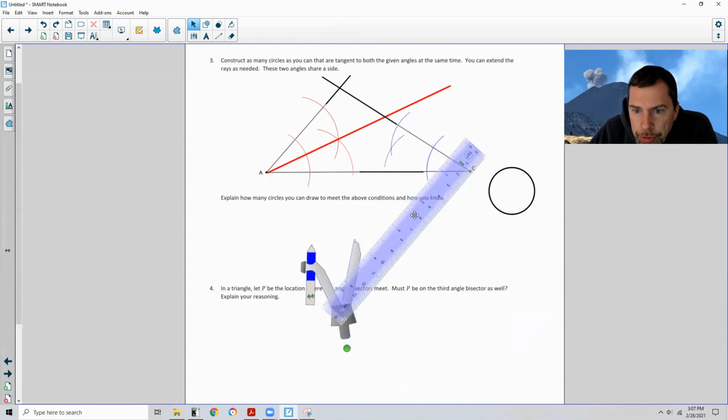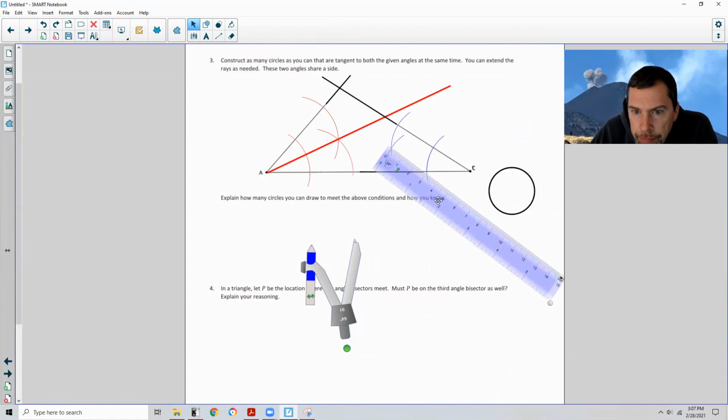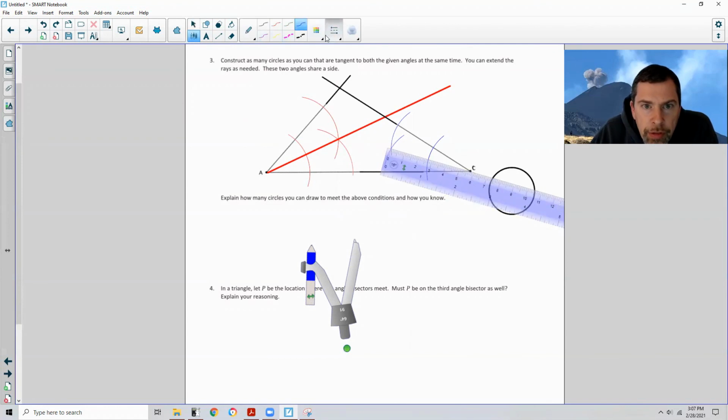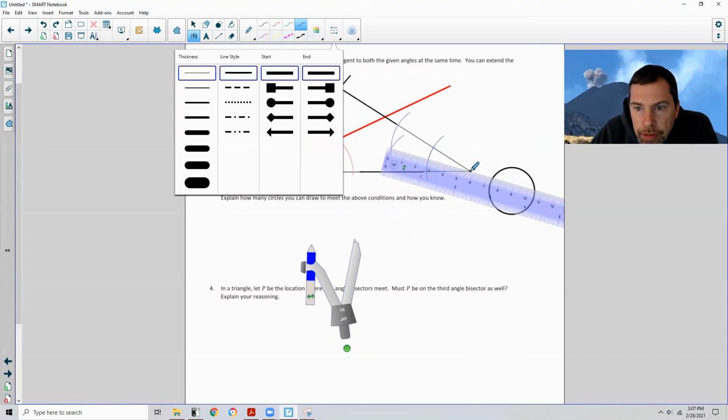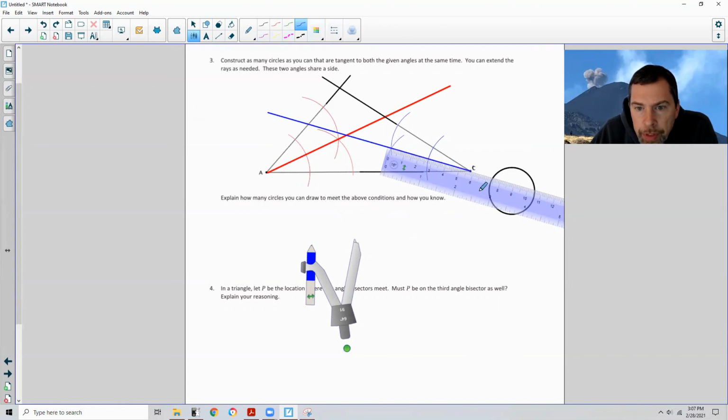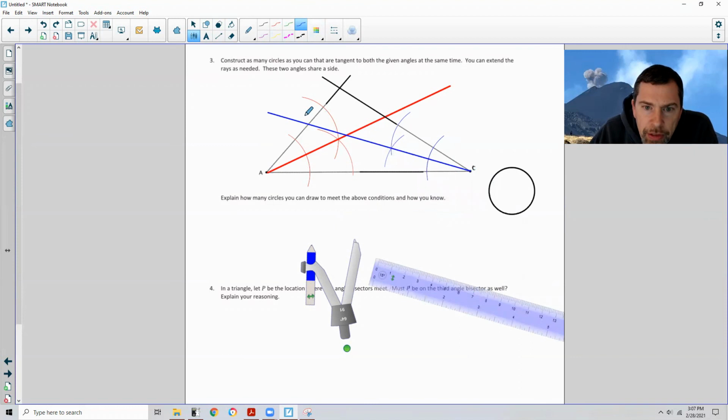Okay, so then I take my ruler. I'll put 0 at the intersection here. Rotate so I'm going through C. Off a little bit. I'm trying to be accurate here. Okay, and then draw a segment. I'll do it thin. That's fine. Going through there. So where those two angle bisectors meet right here, that is